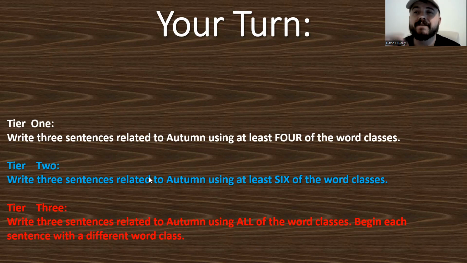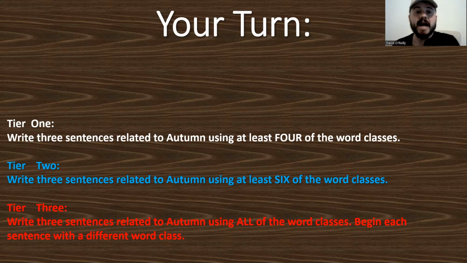But remember, whilst I'd like all Year 5s to do tier 3 and all Year 4s to do tier 2, if you do need to go to the tier below, that's completely okay. It's completely understandable. We're not always going to find things easy straight away. So if you're a Year 5 and you want to do tier 2, that's okay. But do try tier 3. Challenge yourself. I know you can do it. And if you do need a bit more help, it's okay. Go to the tier lower than that, and I'll help you when I next see you.